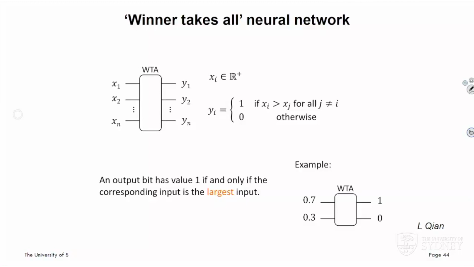So this is a nice neural network example. It's called the winner-take-all. And some people like mathematical representations, other people don't. But the key take-home message here is this. The output bit has value 1 if and only if the corresponding input is the largest input. So if you give it a set of inputs, it will tell you which one is the largest one. So that's the winner. And this is a mathematical way of expressing that, which some people might be more comfortable